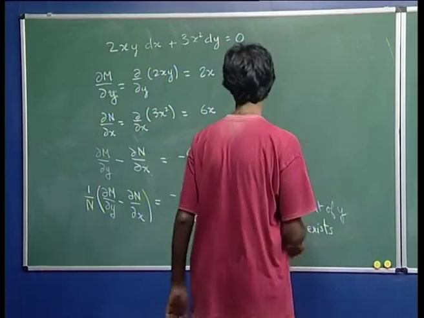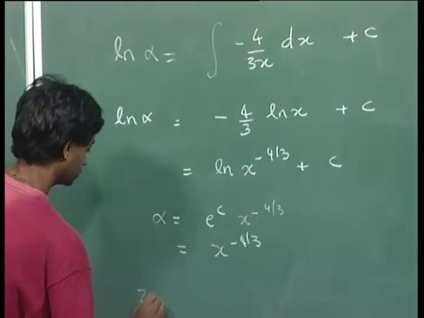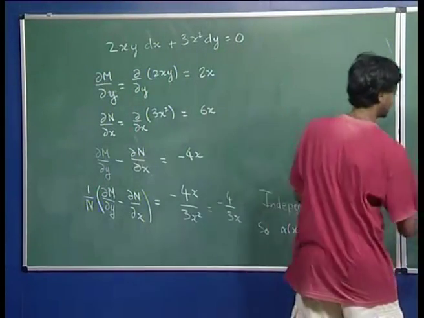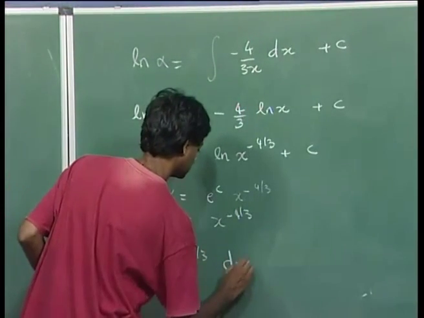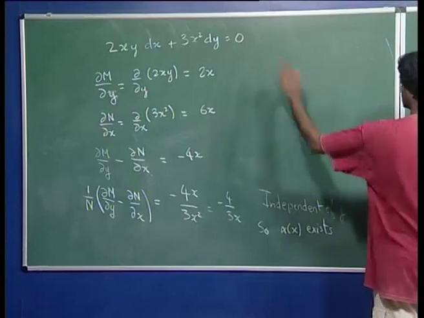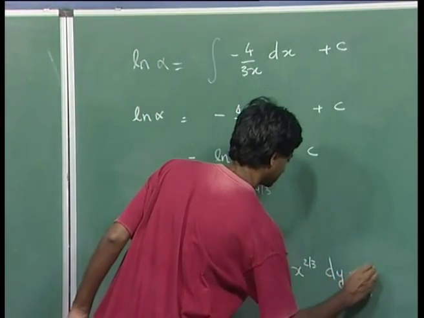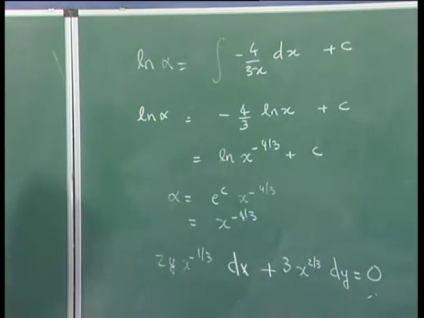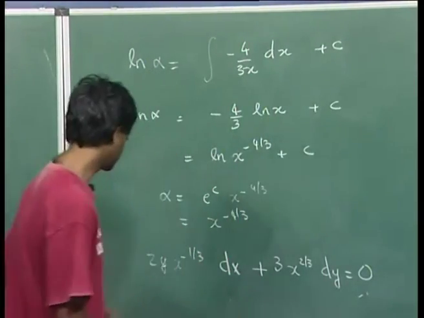Now, if you choose this as an integrating factor, then your differential equation becomes 2y. Now, if you multiply this by x to the minus 4 by 3, you will get x to the minus 1 by 3 dx plus 3 x to the 2 by 3 dy equal to 0. So, I just multiplied this differential equation by x to the minus 4 by 3, and when you do this, then you can calculate, you can verify